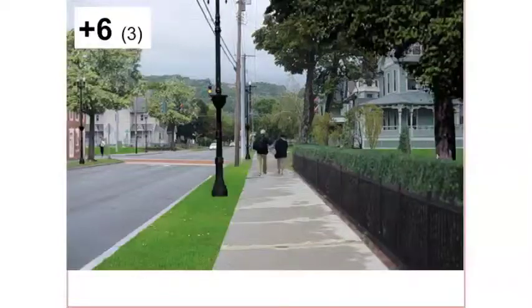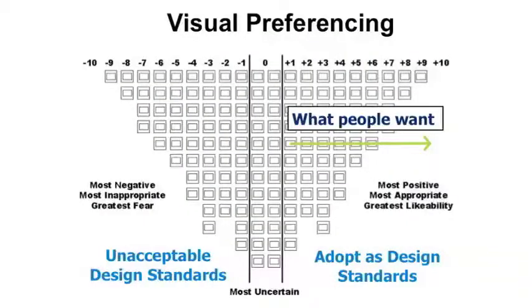Now here's one of these comparisons. This is an area, you can see it's a 0. It's basically a degrading environment. And here's an illustration where you add in the planting strip and the amenities, and very quickly, for a little bit of money, we took this from a 0 to a +6. That's creating value for very little cost, just adding some landscaping. So as we look at the standards we're creating, we follow that model to try and say,